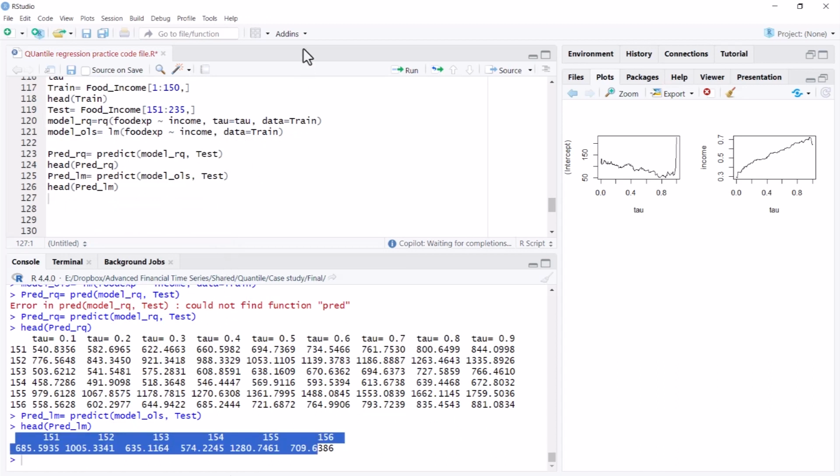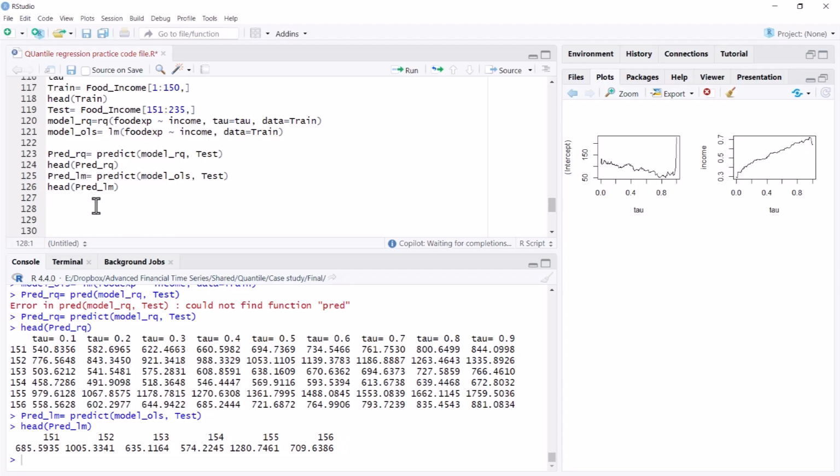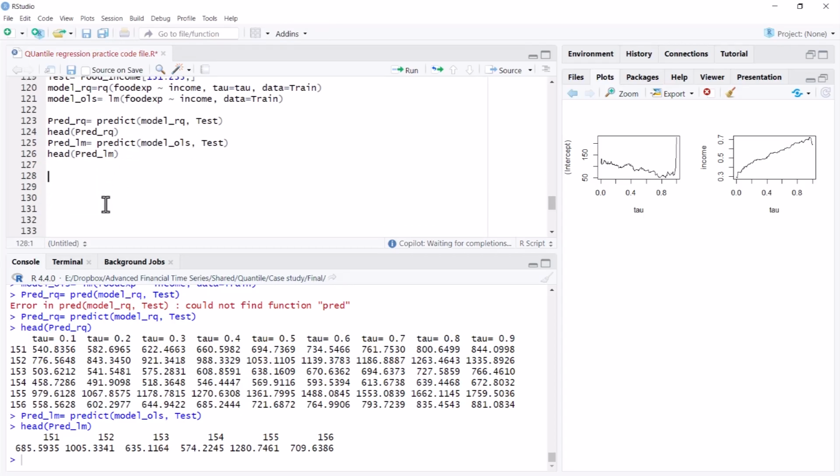Now we want to visualize them. First and foremost, let us create a base plot where I'll plot the typical OLS model. I'll plot food income, from 151 to 235.